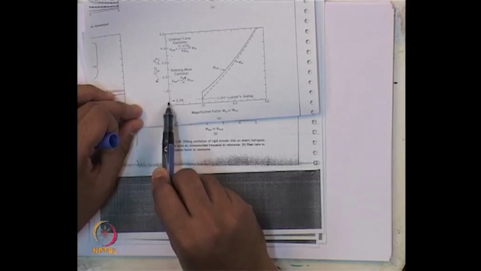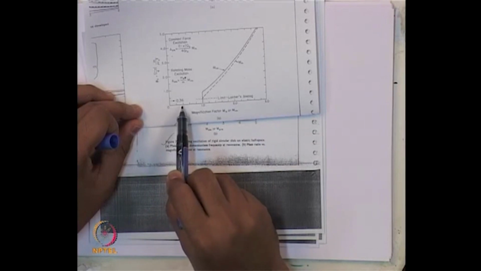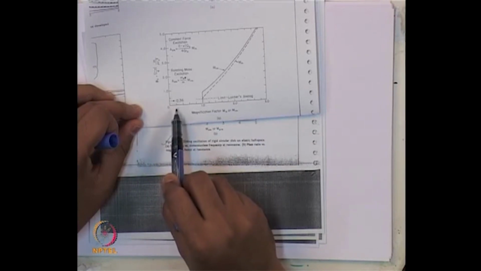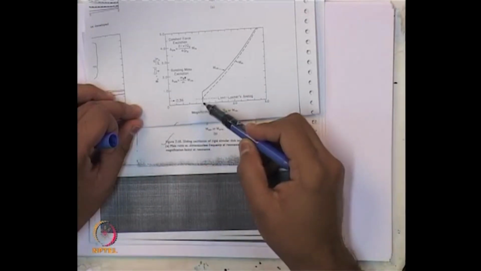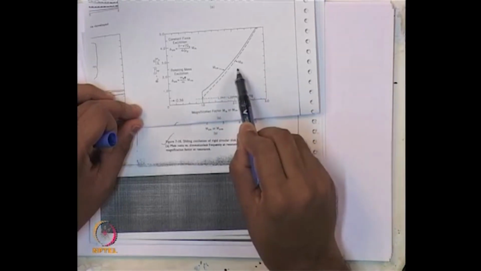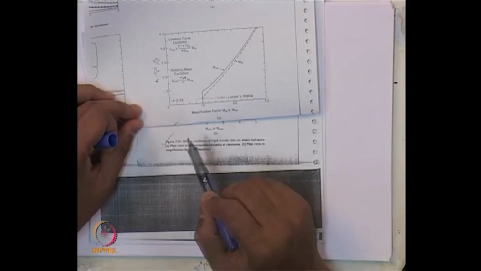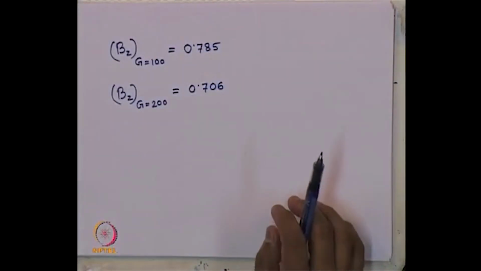And look here, it is mentioned in this design chart that the limit of Leismer's analog is the value of BZ 0.36. If BZ is below 0.36, then it is constant at 1. Otherwise, above 0.36, for MRM it remains 1 up to a certain value, then increases. However, for constant force type it increases from there itself. Okay? Read the design chart carefully, which I had already shown earlier also. So, now looking at this design chart,